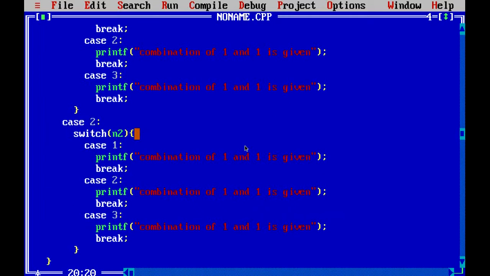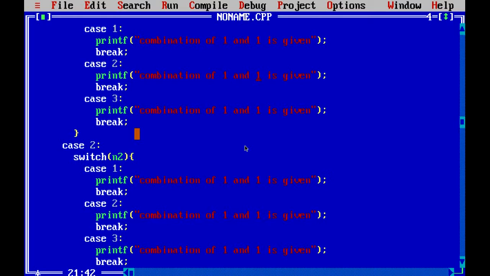So just like this, this is the combination of 1 1, 1 2 and 1 3. The second, case 2, will be for printing the combination of 2 1, 2 2 and 2 3.